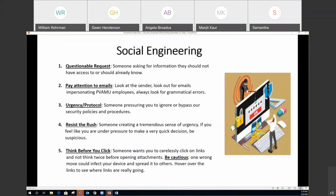Some of the most common social engineering indicators include questionable requests, when someone is asking for information they should have access to or should already know. Pay attention to our emails. When we receive emails, be critical of the data that we're receiving. Look at the sender, look at who the email is coming from. We've had some emails that have impersonated our PVAMU employees. Look for grammatical errors in the email. Scrutinize all the data elements within your email, and it's safer to look at it from a suspicious view and verify that what we're going to open and access